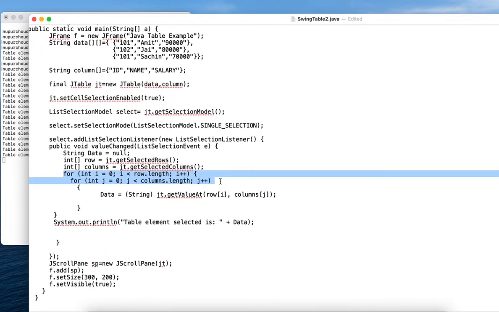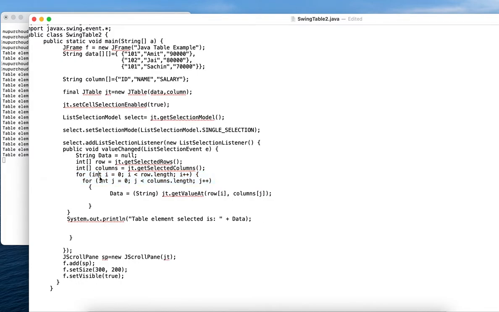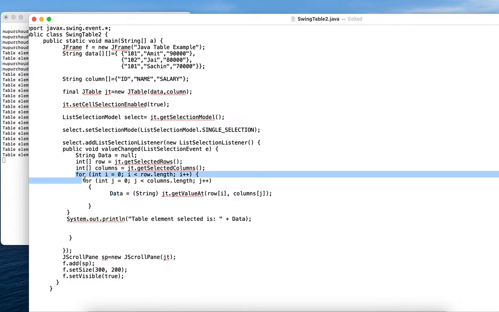So here what we will do is for int i equal to 0, i less than row dot length, which is three, i plus plus, and again we will enter into the column, which is j equal to 0, j less than columns dot length, j plus plus. Finally, what is the operation that we want to do if both the conditions are satisfied? So we will use data, which was initially 0. And we will convert whatever value we get here into string, because we are using a string instance variable, so we will use string.